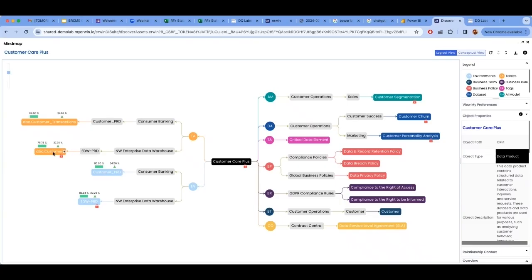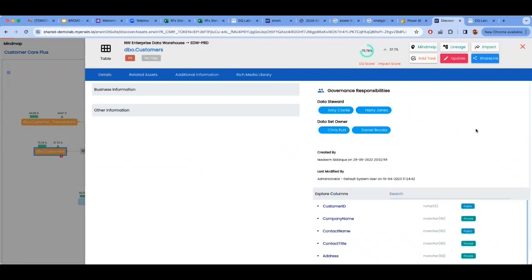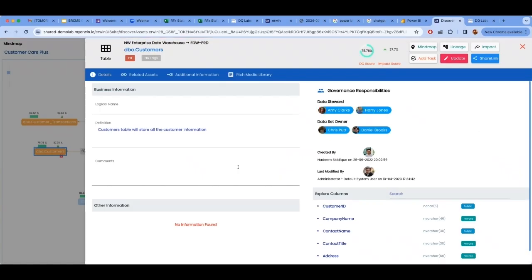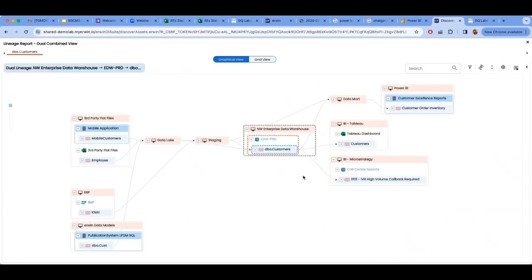So what I will do is I'll just go to this table here, which shows me an overview of the overall data quality, and it has this red lock icon here, which indicates it has some PII, some sensitive information in it. And I'll just click on this table to look closer at the table definition. And again, I can see who are the technical owners of this table, who are my stewards, etc. But in this demonstration, I will quickly go to the data lineage. Now it provides me an overview of how this data lineage looks for this particular table I picked.